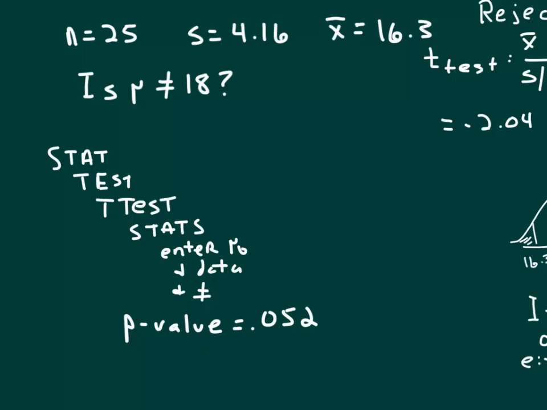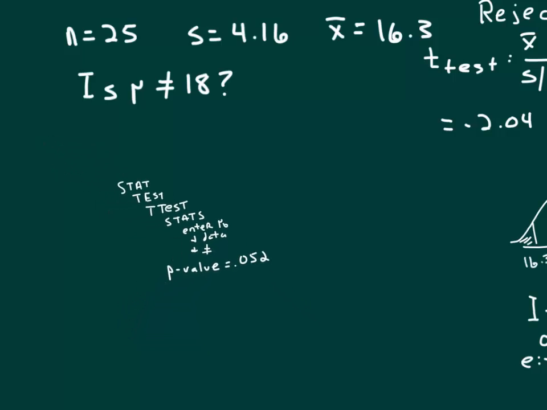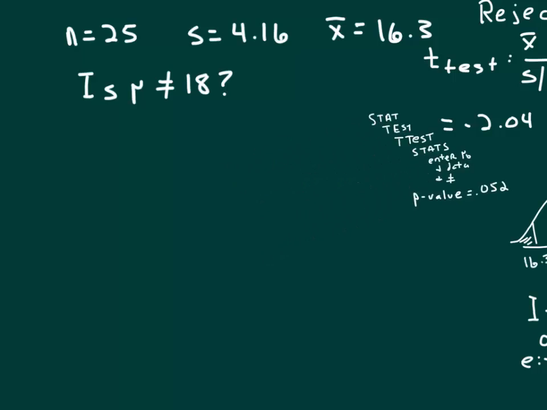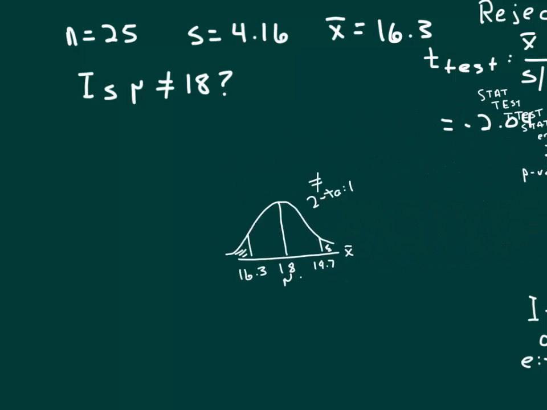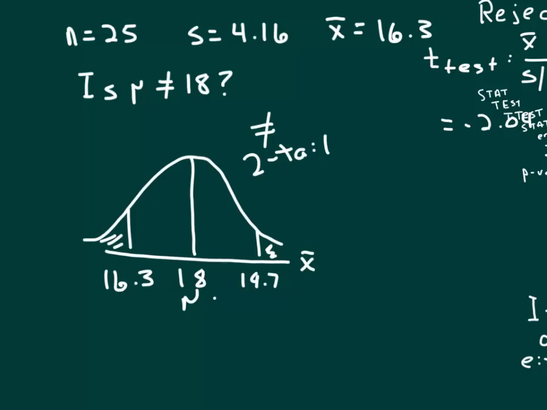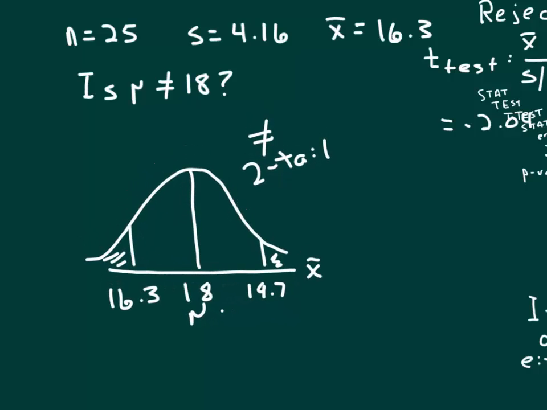Please make sure you can use the calculator on the test, especially on the multiple choice questions. You don't want to spend a lot of time working things out when you can just do it on your calculator. This is a two-tailed test, so that 0.052 is actually a combination of the probability up here and the probability down here. So when we go to interpret our p-value,